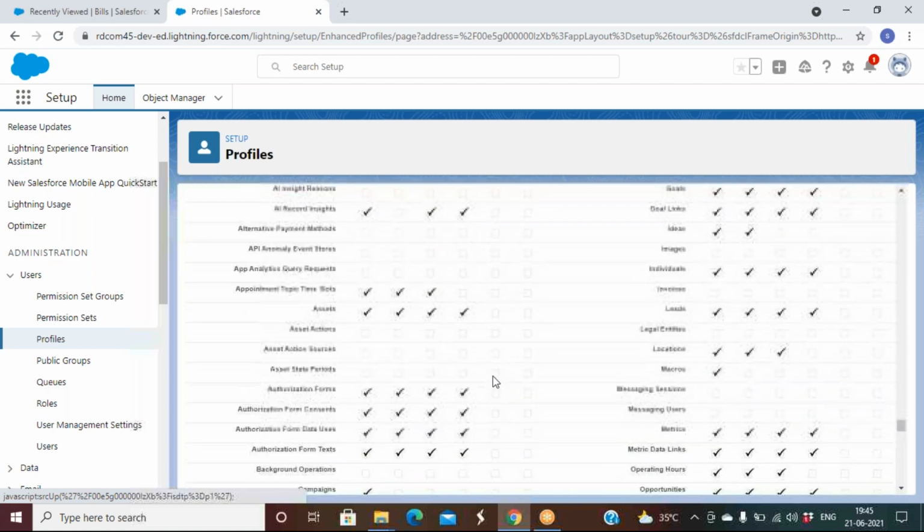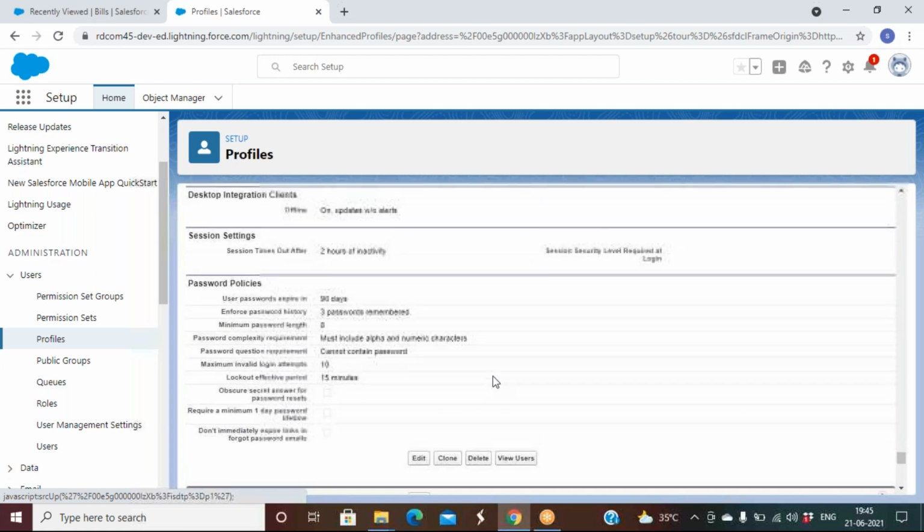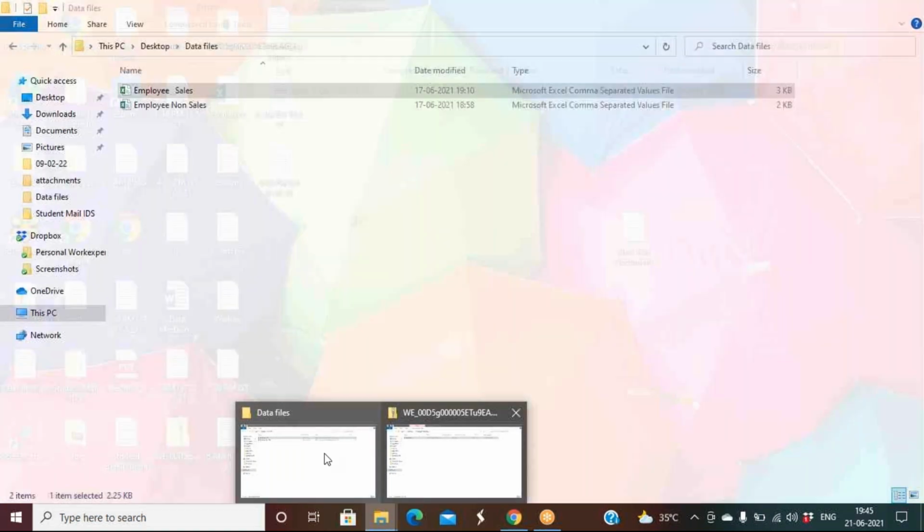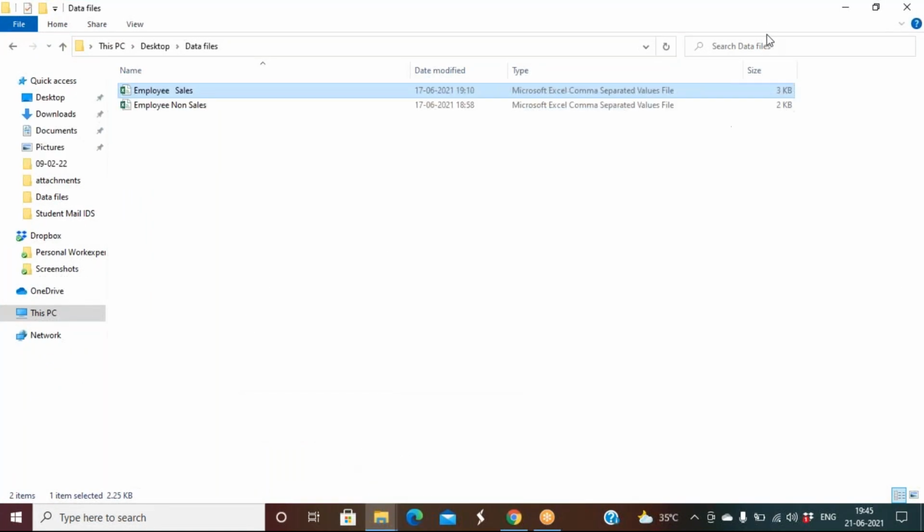We have to discuss from here: session settings and password policies. So till now we talked about app access, object access, field access, page layout, record type, and then tab level. I'm just trying to explain everything one by one. Later on, I will tell you how exactly the security works.